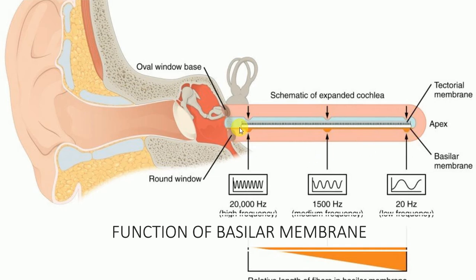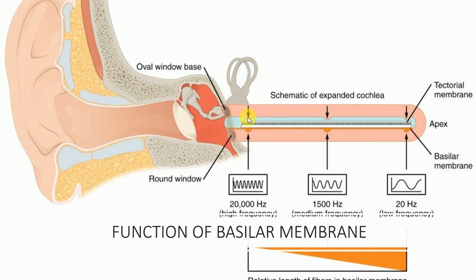How is that? The basilar membrane is made up of elastic fibers, and these elastic fibers have different distribution throughout the membrane. For example, at the base, they are very short and tight, and as we go down towards the apex, these fibers become long and floppy. Now, an important correlate with physiology here is the place principle. The place principle is that we can determine the frequency of sound by looking at the area of the basilar membrane vibrating. That is, different parts of the basilar membrane correspond to different frequencies. This is how we can hear different types of sound.